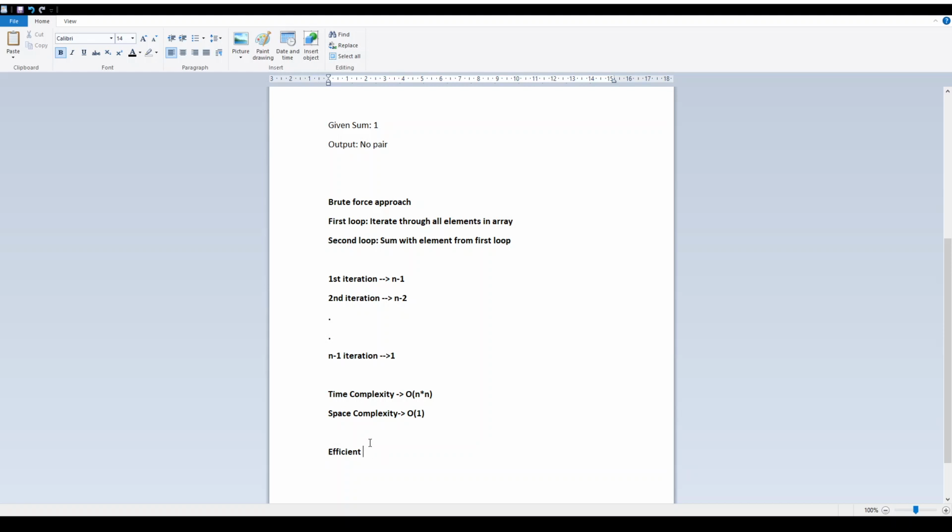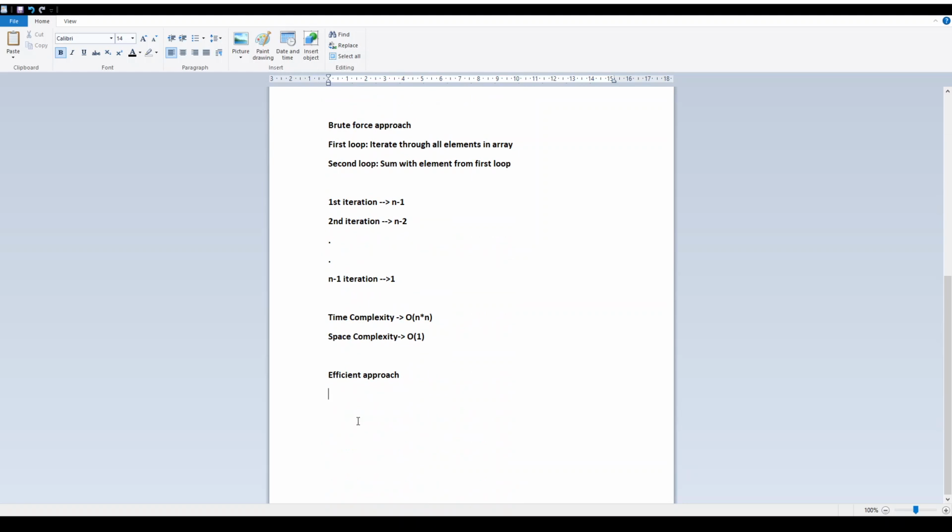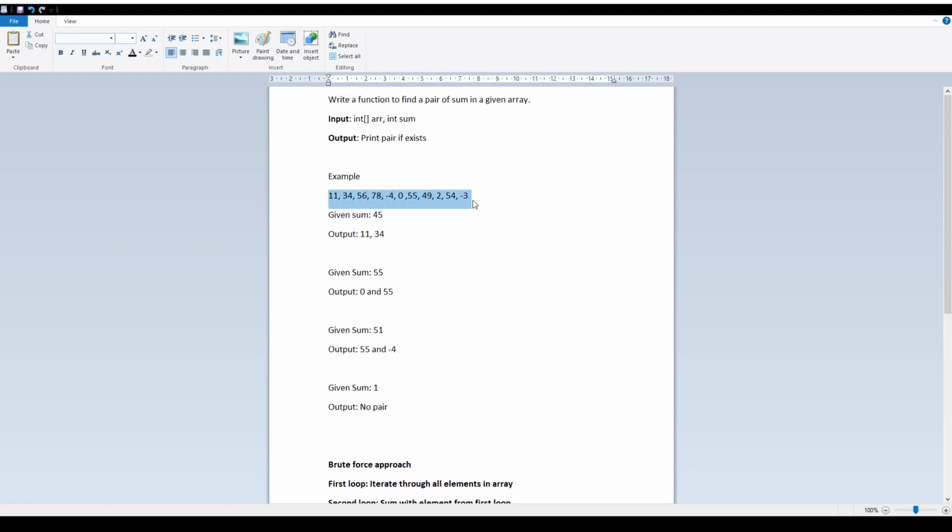Now the efficient approach. How can we reduce the time complexity? Let's analyze one scenario.